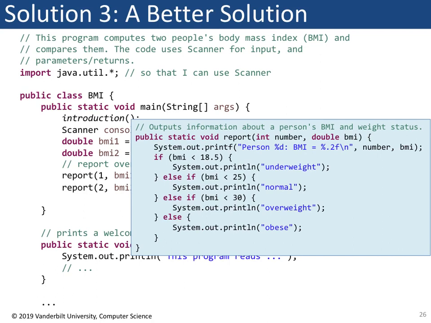So we will print the string "Person", and then the percent sign is a placeholder. So we have comma and then number, which was passed in. So in this case, person 1 or person 2. And after the percent sign, we have a d, which means this is going to be an integer value. Then we have colon, which will print as a colon. BMI